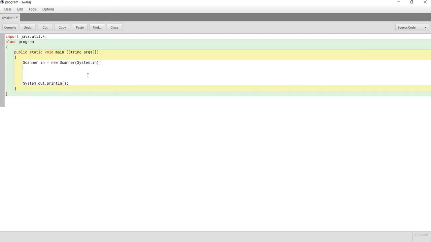Now we will try to change some strings which are written in a given initialized statement. So first let us initialize a statement in string A is equal to leaves are green in color.